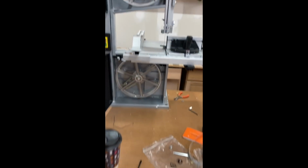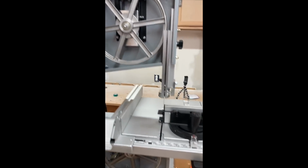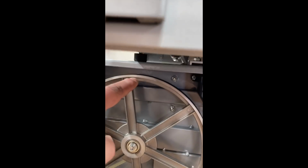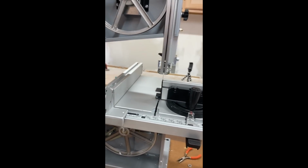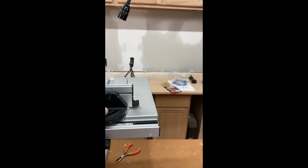But we got most of this together. Now I still have to level this. I don't know if that's level, and we adjust this underneath here to ensure that. But a couple of quick minor things that I do like, it hasn't been turned on yet. Little things like